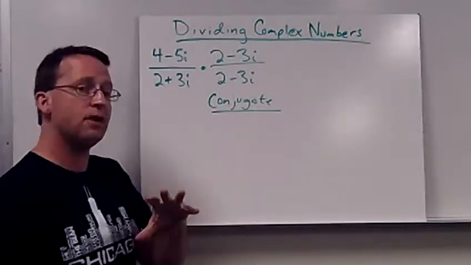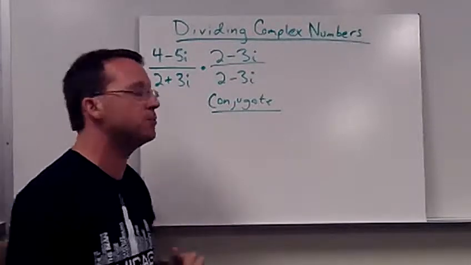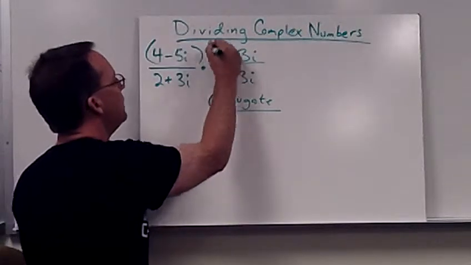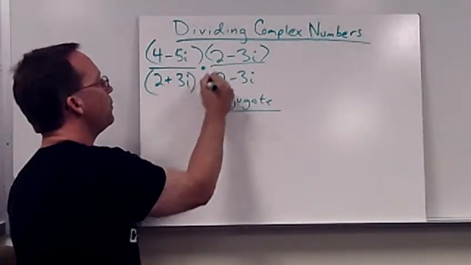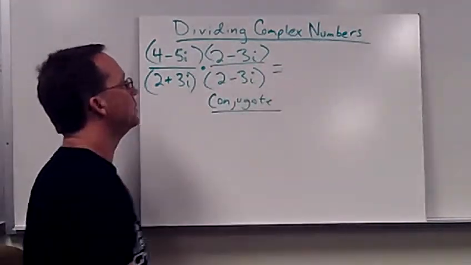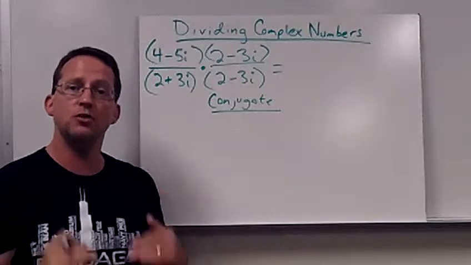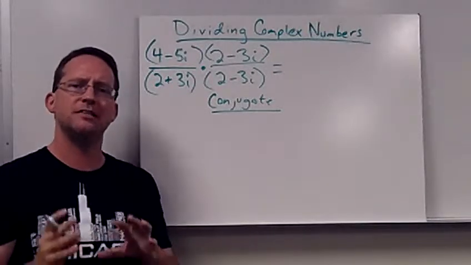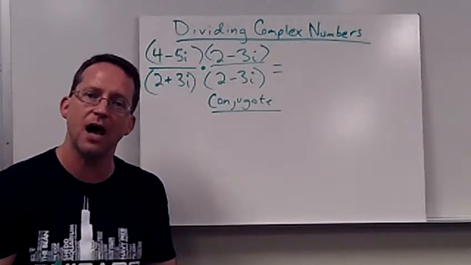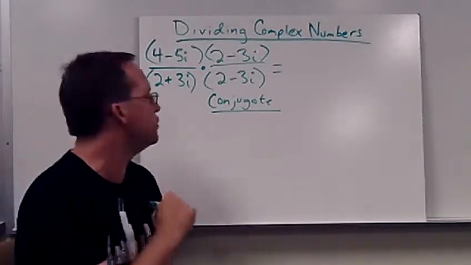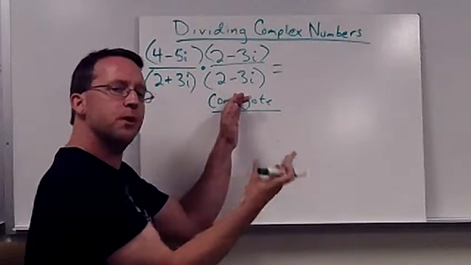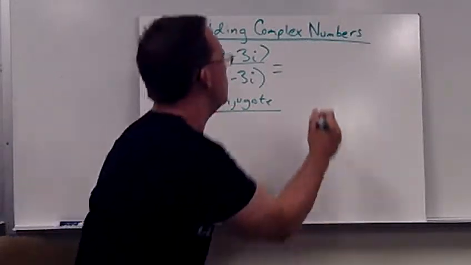Right? So what we've created now really is two multiplication problems. We're multiplying the two numbers on top, and we're multiplying the two numbers on the bottom. All right? I'm going to do the denominator first so that you can see the value of why we use the conjugate and why we always can simplify a problem by doing that. So I'm going to multiply 2 plus 3i times 2 minus 3i. I'm going to do that over here